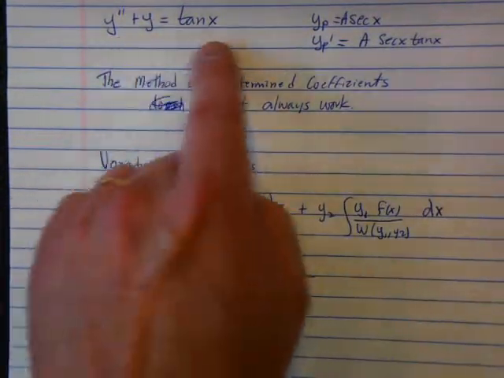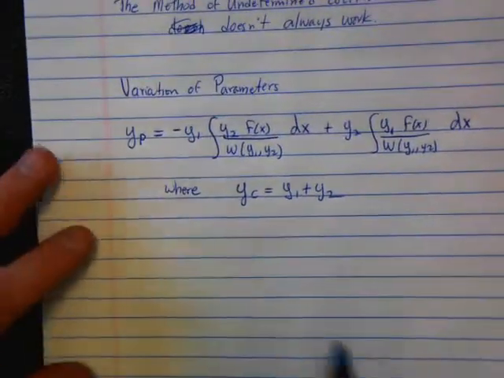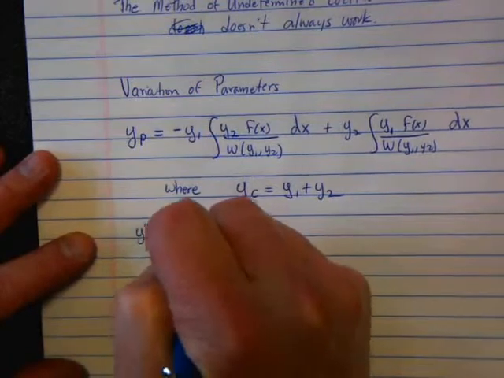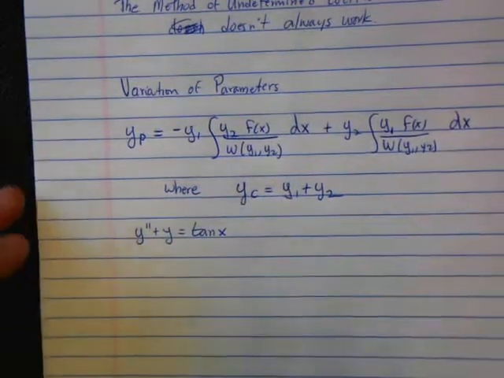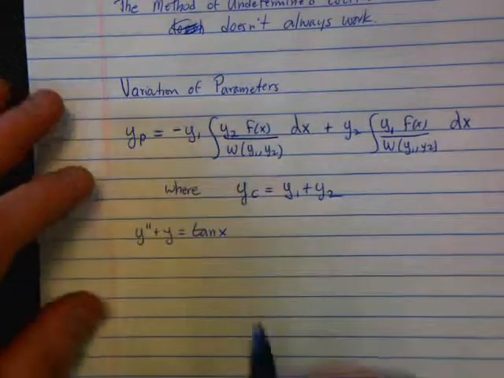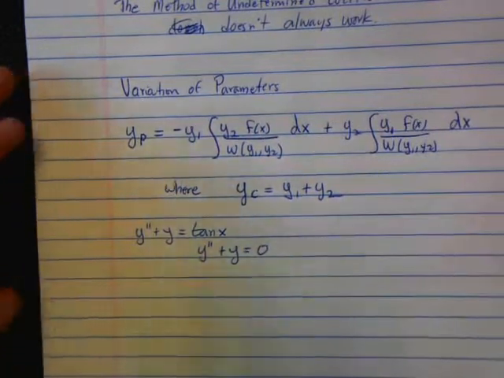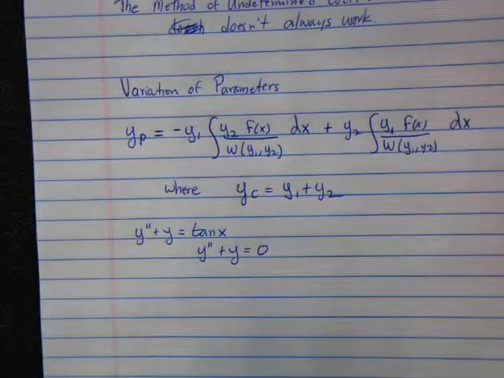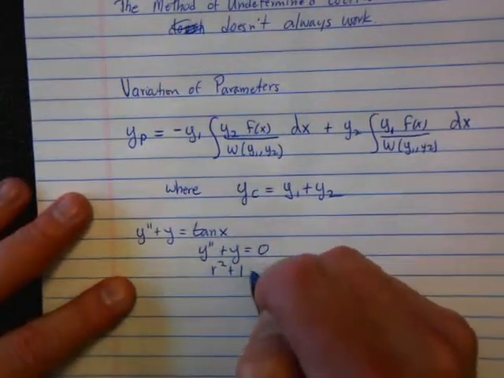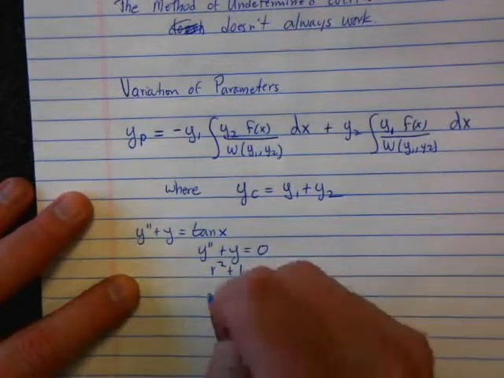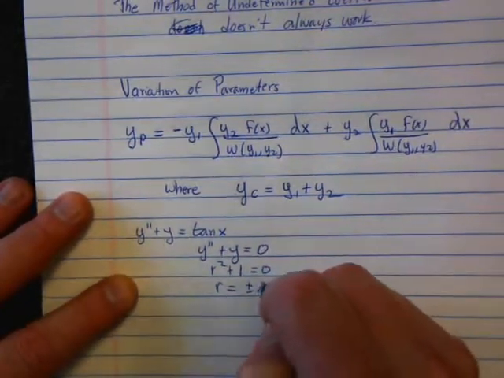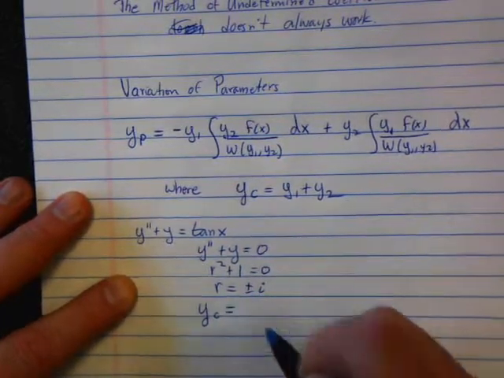All right, so let's try that for this differential equation. Y double prime plus y equals tangent x. The first thing we need to do is solve the complementary homogeneous equation. We need to solve y double prime plus y equals 0 to find our y1 and our y2. How do you solve that equation? R squared plus 1 equals 0. So r is plus or minus i, which means my complementary solution is